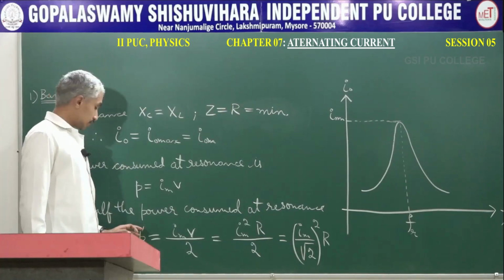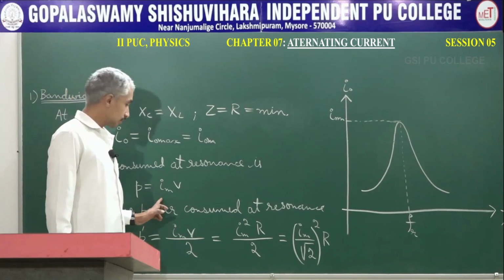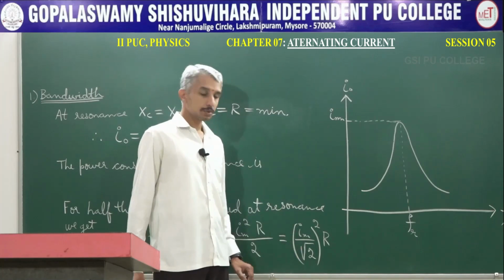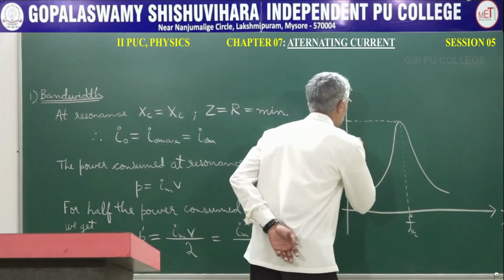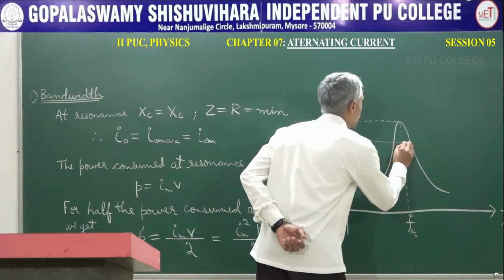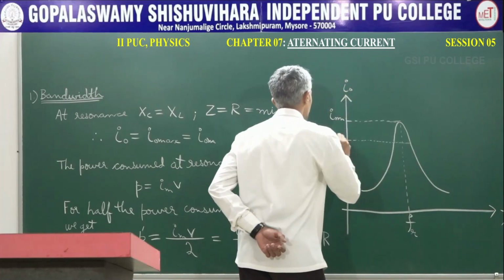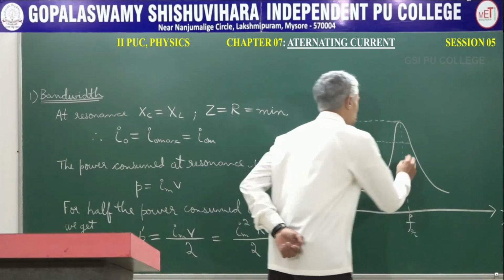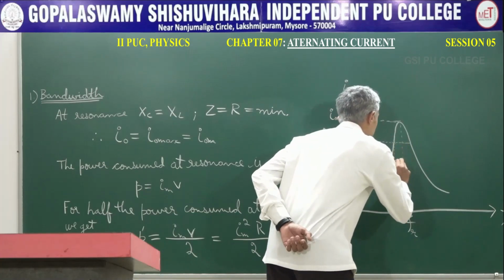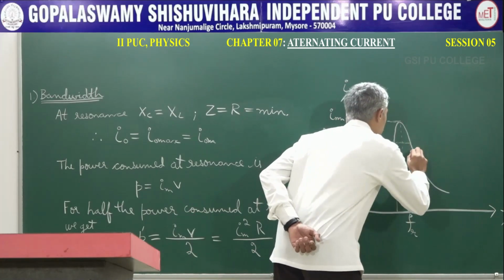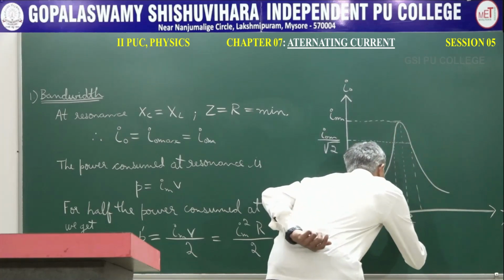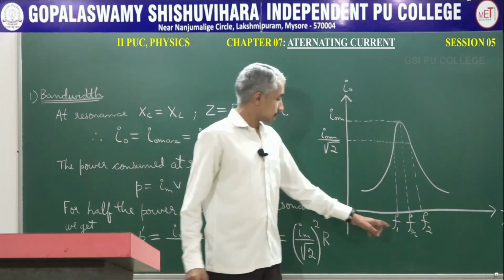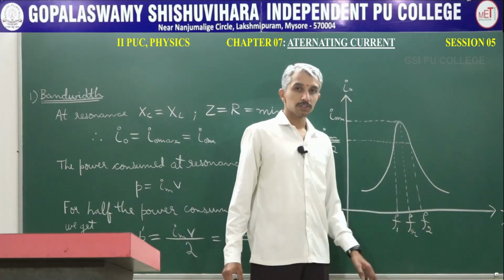For the power consumed, which is equal to half the power at resonance, the current in the circuit is going to be the maximum divided by root 2. So let me extend a line where the peak current is equal to the maximum at resonance divided by root 2. Now the graph is cut at 2 points which correspond to the frequencies F1 and F2. Now this frequency range between F1 and F2 tells us what is